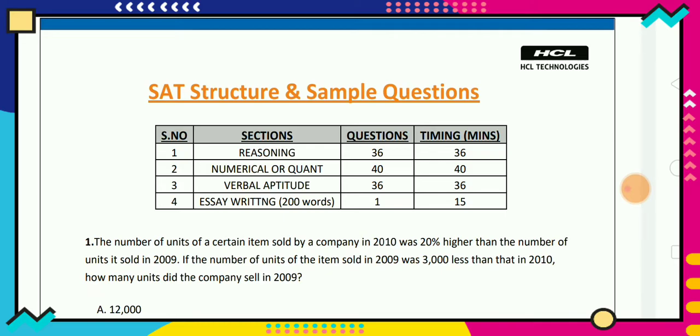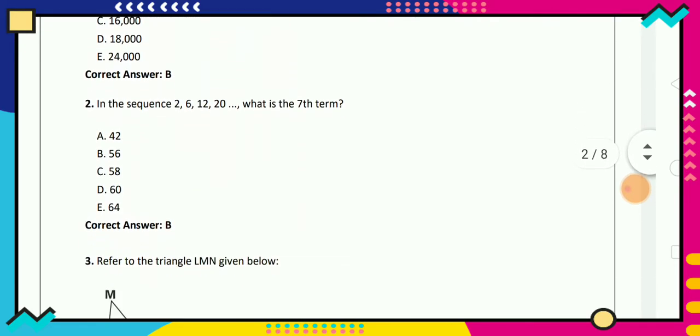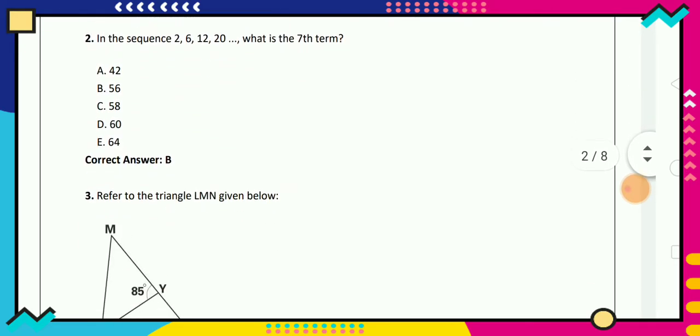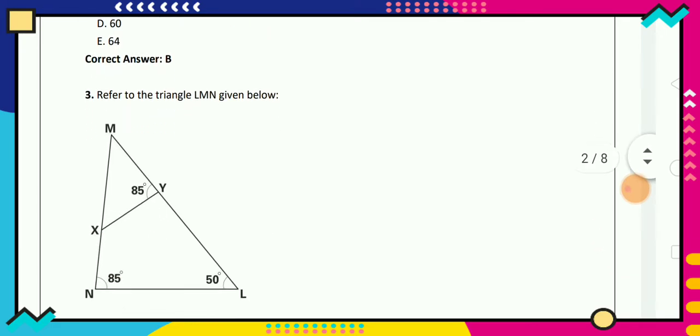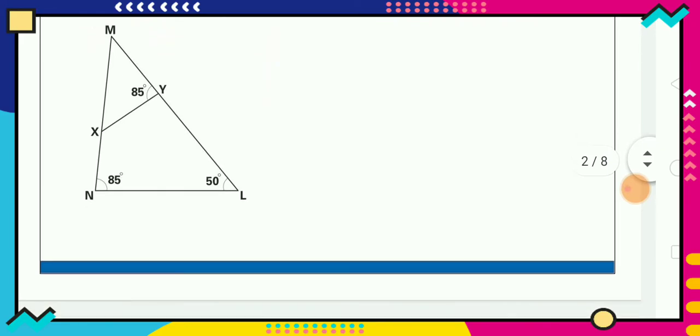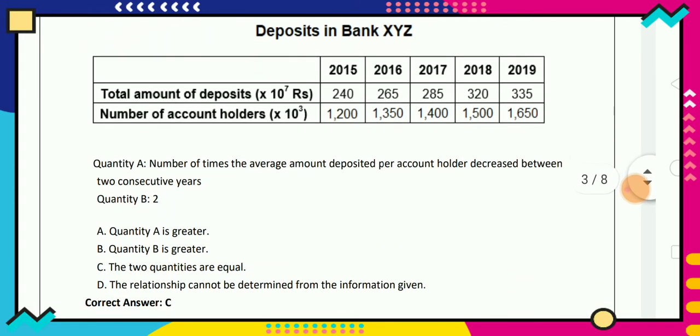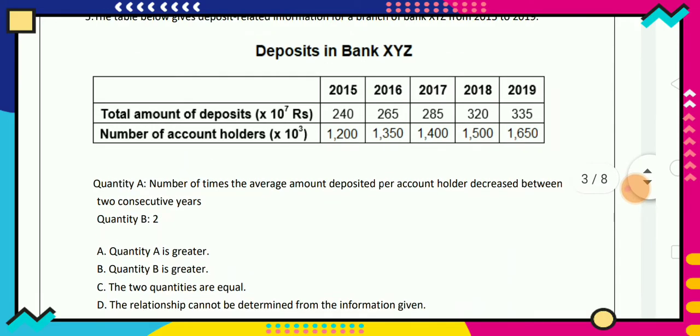Second is numerical aptitude, guys. For numerical aptitude, you should match like this question. In the sequence 2, 6, 12, 20, what will be the next? Maybe they put 56. I thought questions like this would come 10 or 15 times, like verbal aptitude, but in the exam there were only 3 questions like this, guys. This is a main question, guys.